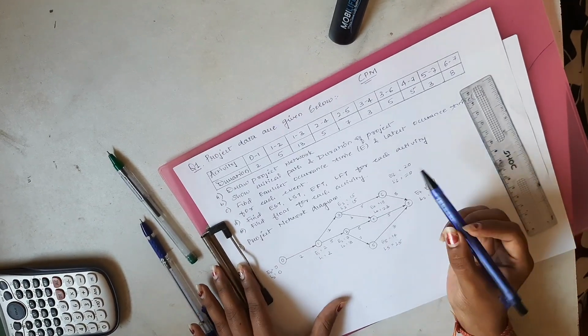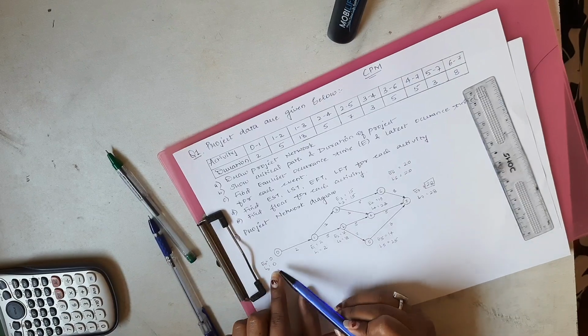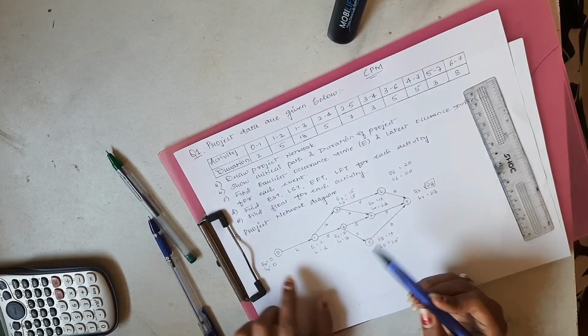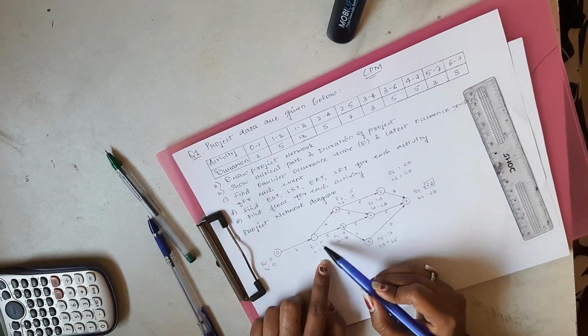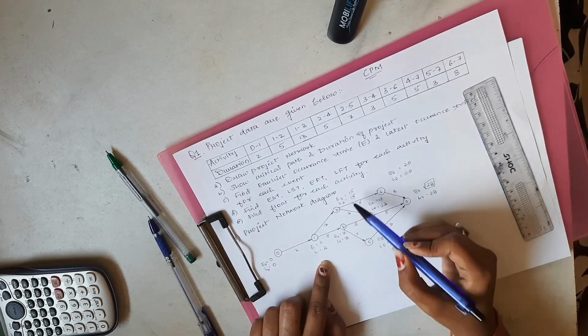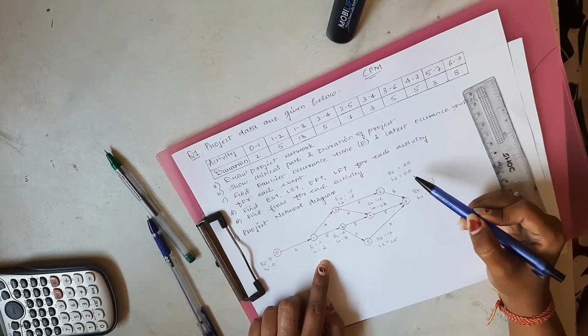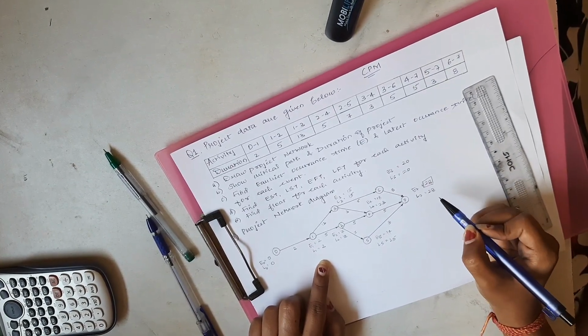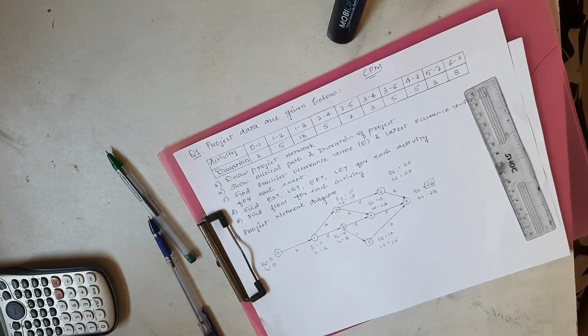So you just need to know which E and L values are similar. For example, here 0 0, that's one, so from here it proceeds. Then event L1 also has the same value. Similarly for event number 3, then event number 6, and then event number 7. And thus this is how we conclude our critical path, that is 0 to 1, 1 to 3, 3 to 6, and then 6 to 7.